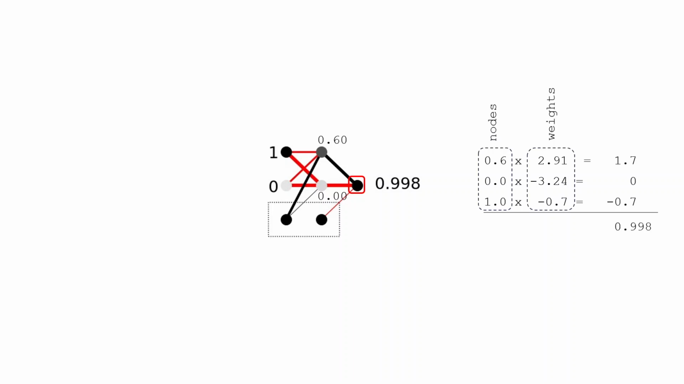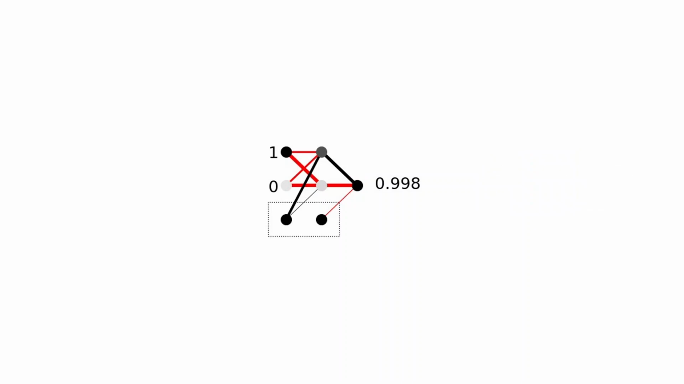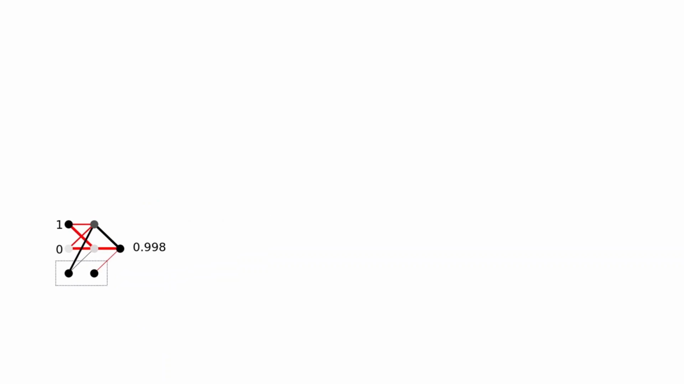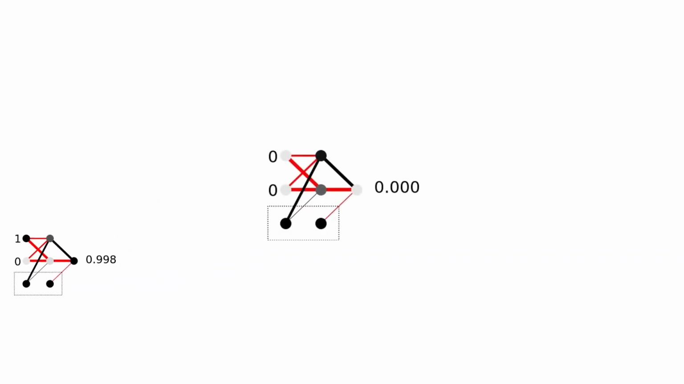And in this case, because I've chosen the output layer to not have an activation function, this is the final result in this case, 0.998. And this is basically how we calculate the output of a neural network depending on its input. This is only one possible input-output scenario, because of course we wanted to do the XOR, and the XOR also has